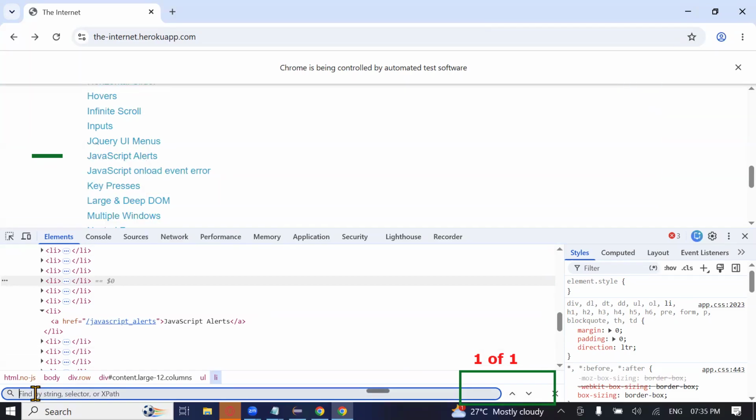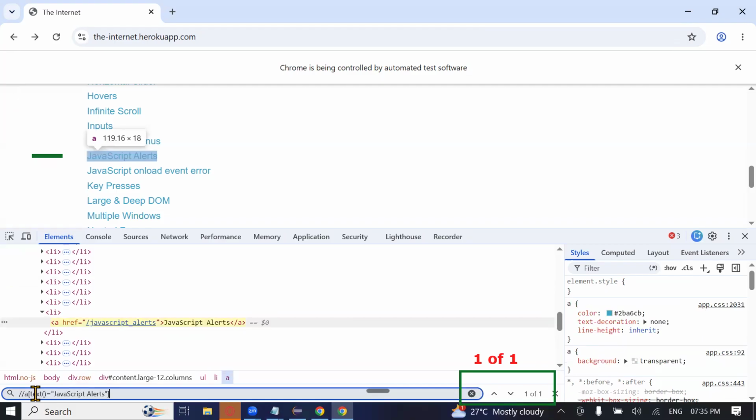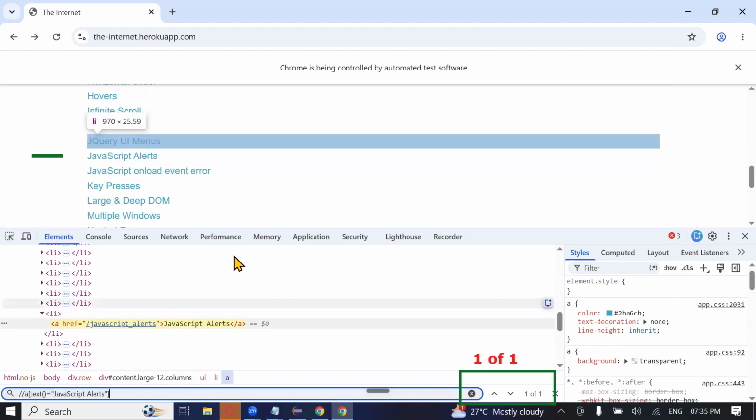So Control V. Are you observing both of them? Yes or no? Yes, sir. I'll press enter again. You see, first the green color, you see JavaScript alert 1, 2, 3. Now you see the bottom, 1 of 1. That means bang on, spot on. You have got the address. Now, if you give this address